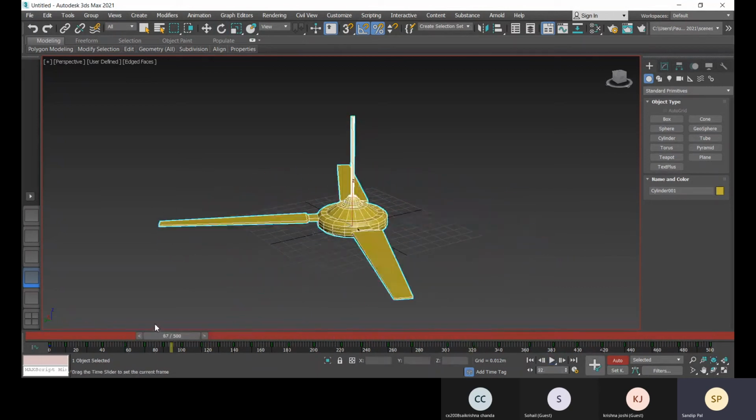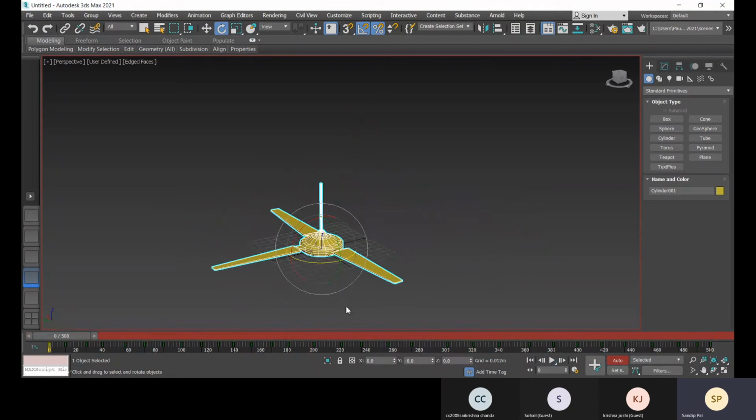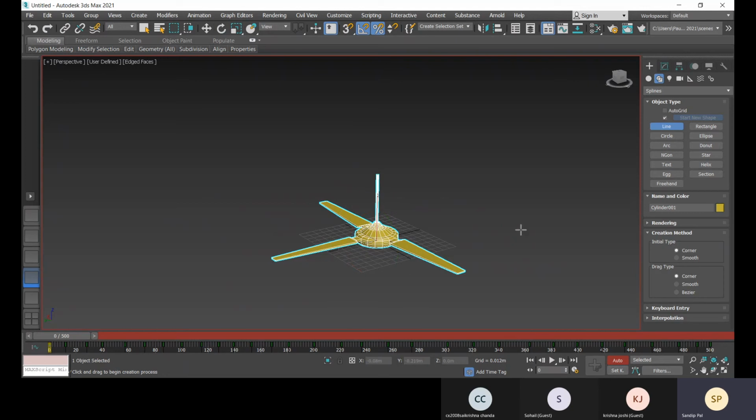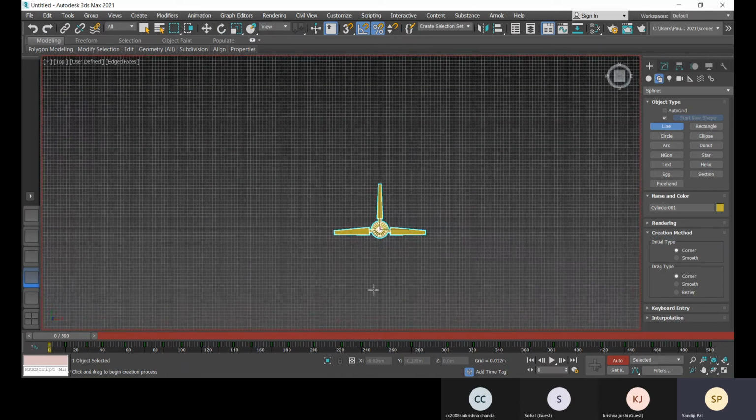And now with this animation, let's create a walkthrough. So for that walkthrough, we need a path, and along that path, the camera will be moved. So for that, we have this line option available. So I'm going to top view, and with this top view, make sure the initial type is smooth, and this drag type is smooth.